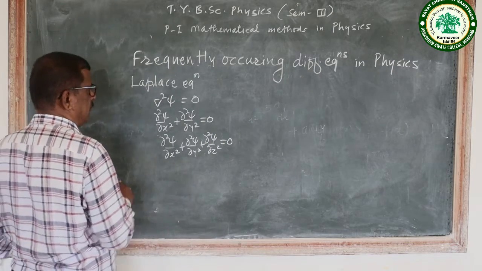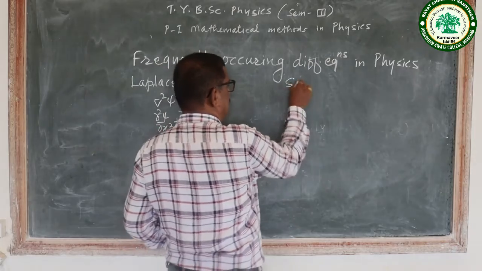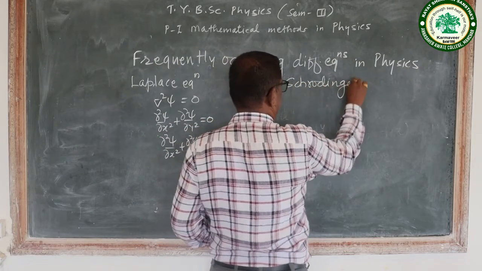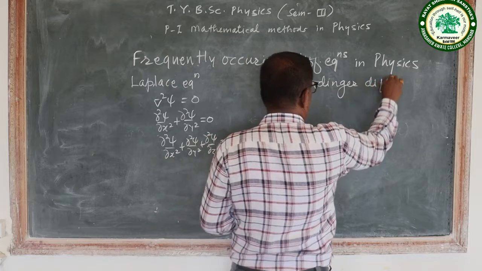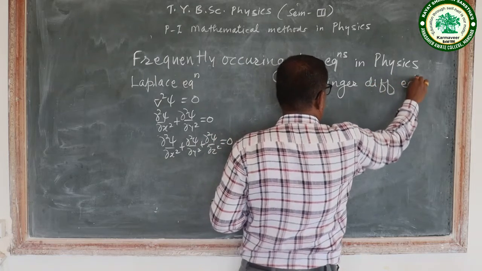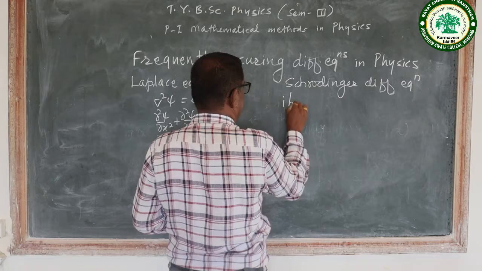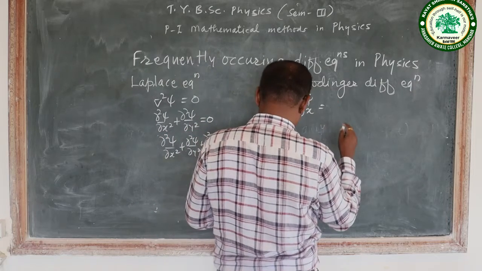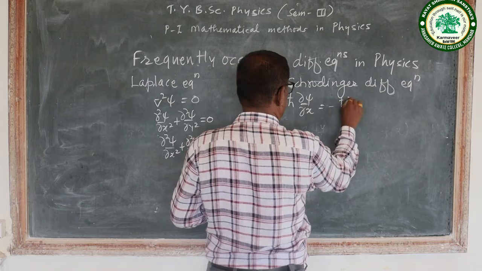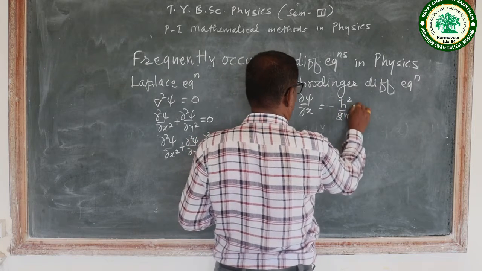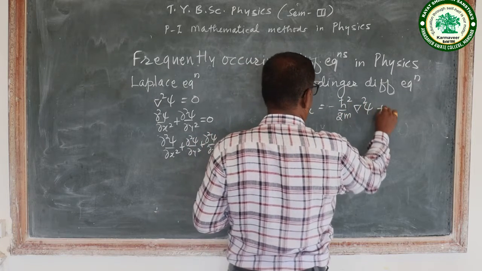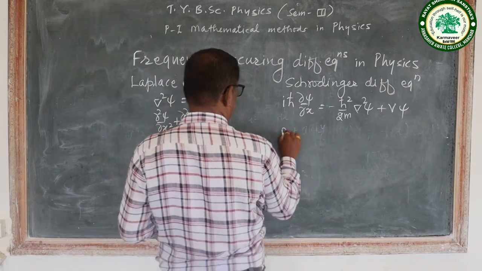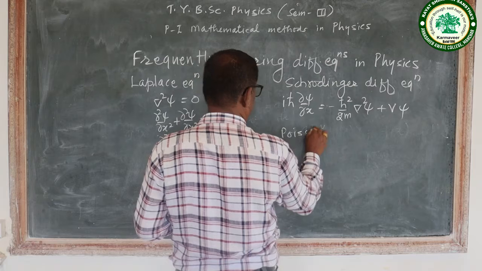Then the famous Schrodinger differential equation, that is i h cross del psi by del t equal to minus h cross square by 2m del square psi plus phi psi. Then the famous Poisson's